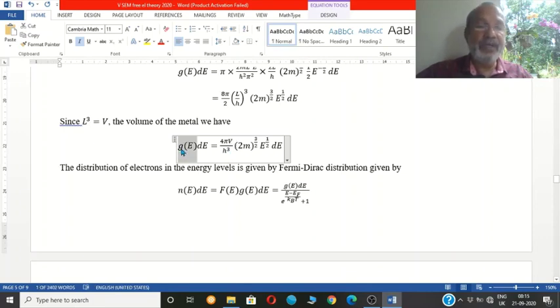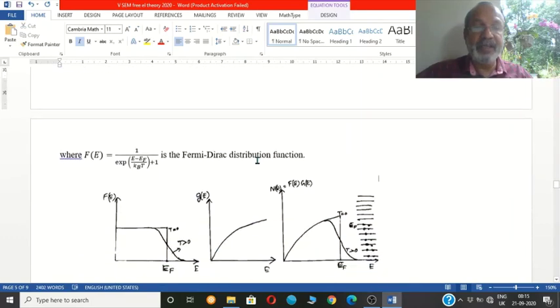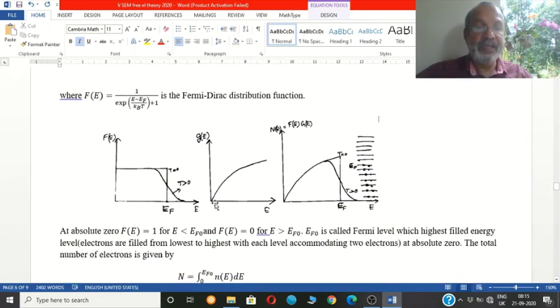Now this quantity G(E) is the total number of states available per unit energy range of the specimen. G(E) can be obtained by cancelling dE on both sides. On both sides we have got dE. So the G(E) function will be proportional to E raised to half, and that is plotted here. That G(E) versus E function is proportional to E raised to half. So it will be a curved line. So this is proportional to root E.